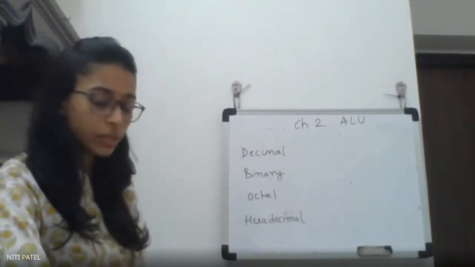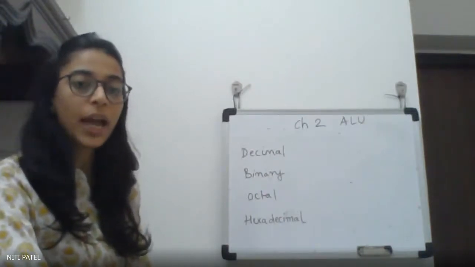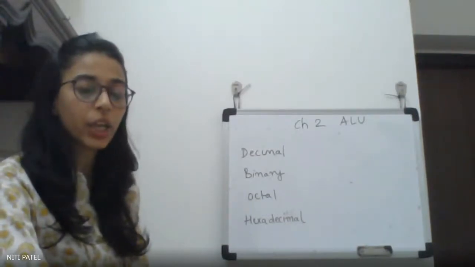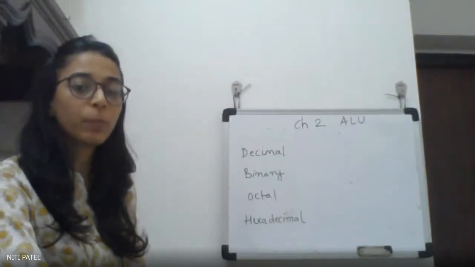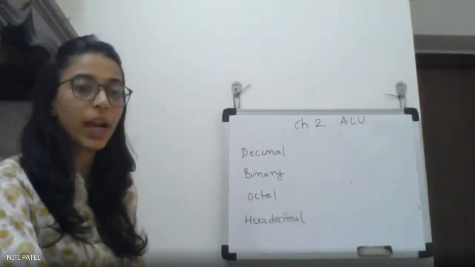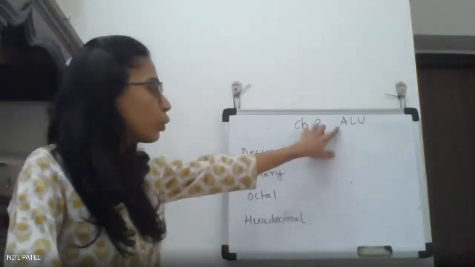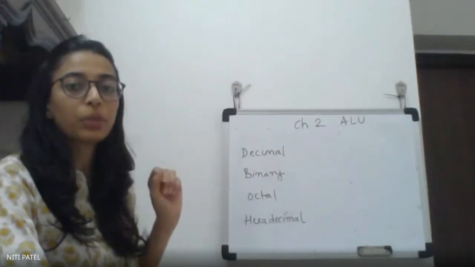Once the output has been displayed on the screen, it is a choice of the user either to store that output or to observe the output and erase it. So if a user saves, it will be saved into any part of the memory, whichever memory is free, either cache, RAM or hard disk. Now when I talk about ALU, it is a part of your CPU. Now CPU is a part of your computer system.